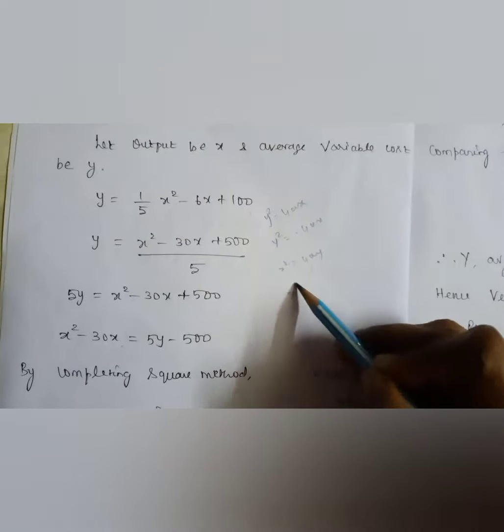Now this is x minus 15 the whole square. I can take the 5 outside, which makes the parabola equation x minus 15 the whole square is equal to 5 into y minus 55. Now children, I told you we should not have it like this, which means the origin has been shifted. We saw about the shifting of origin. So introducing the transformation, capital X is equal to x minus 15, capital Y is equal to y minus 55. So this is the parabola, capital X square is equal to 5 capital Y.